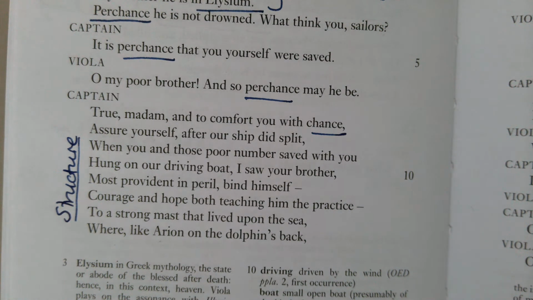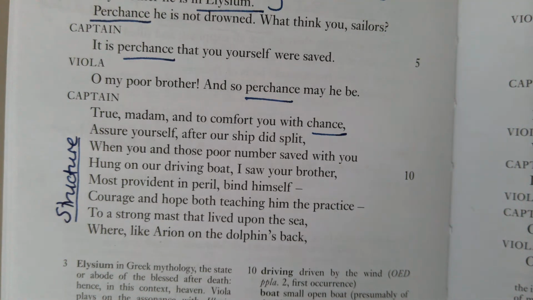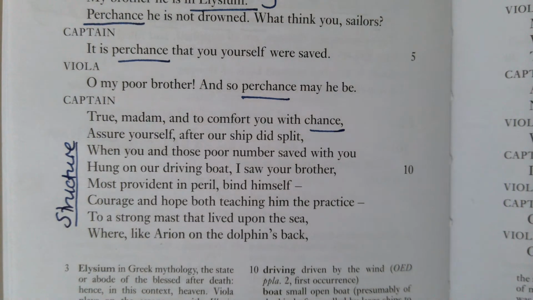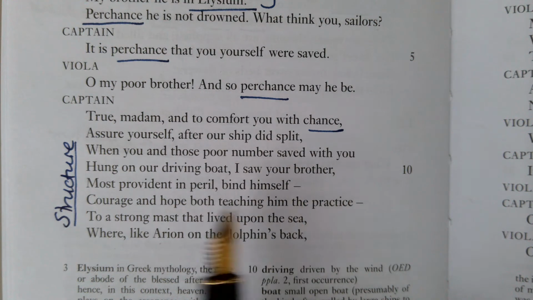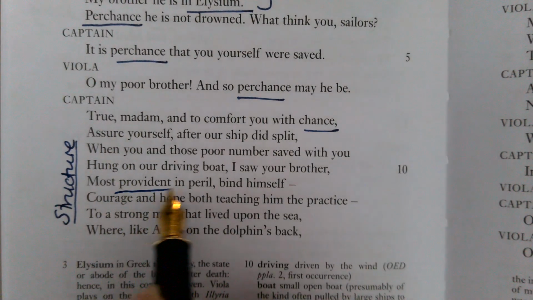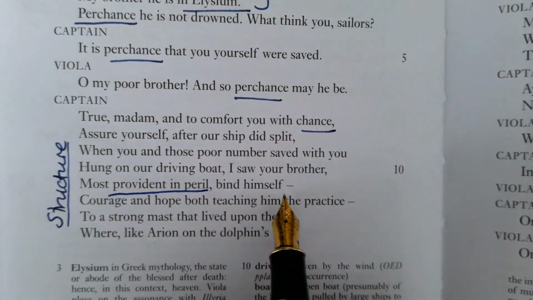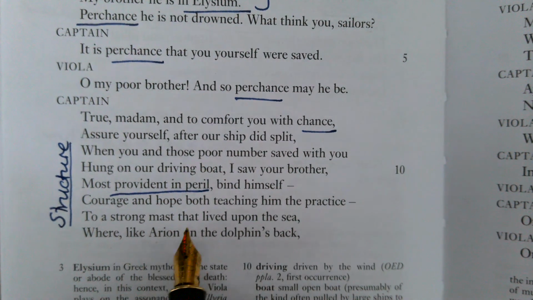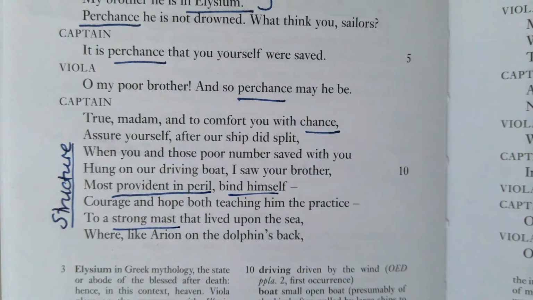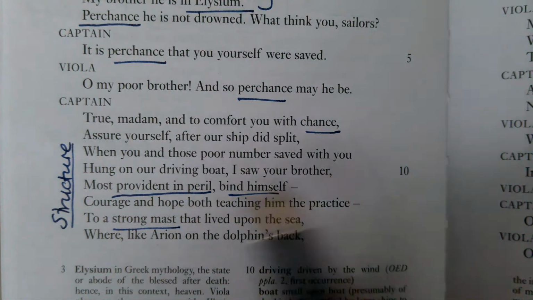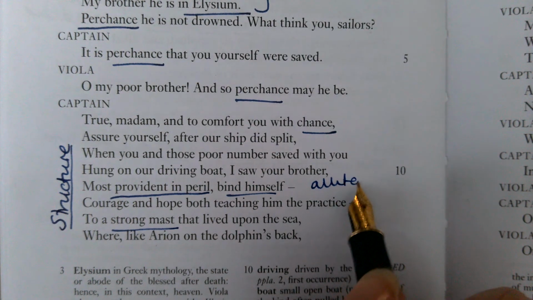He's obviously well loved by his sister. She's upset and worried at the thought that he might die. But the captain gives her a bit of hope. Assure yourself, I saw your brother, most provident in peril, bind himself to a strong mast. So, the first thing that we see about him, emphasised by the alliteration here,